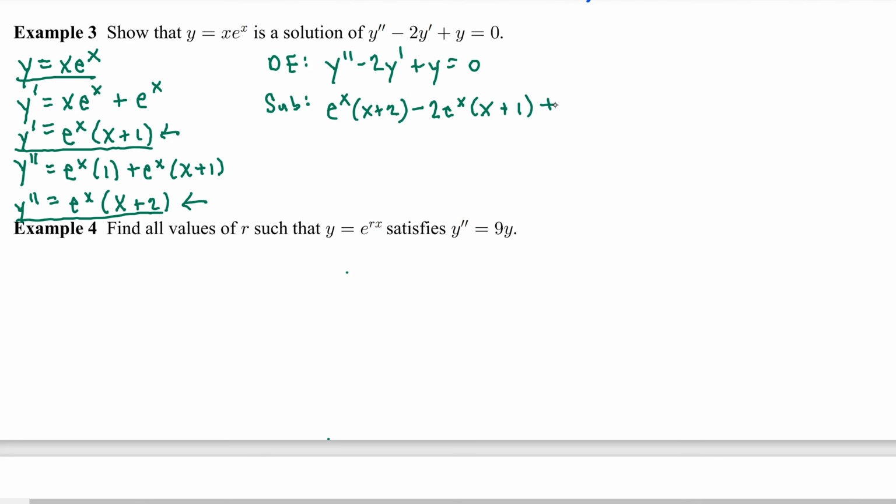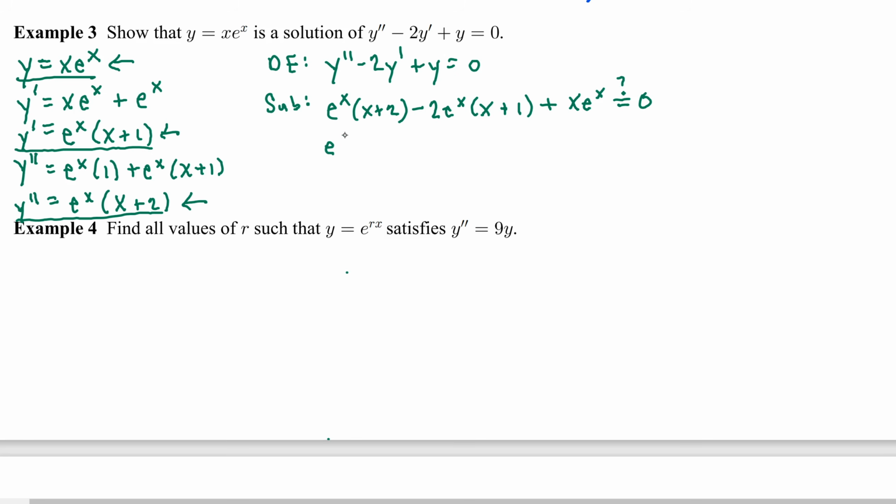Next we have the term plus y. Y is our given solution, x e to the x, and we're checking for balance. So I'm going to put a little question mark there to say, is this a balanced differential equation? Now you've got a couple of choices here as far as how you want to verify this algebraically. You could certainly distribute the e to the x and the negative 2e to the x and combine like terms,